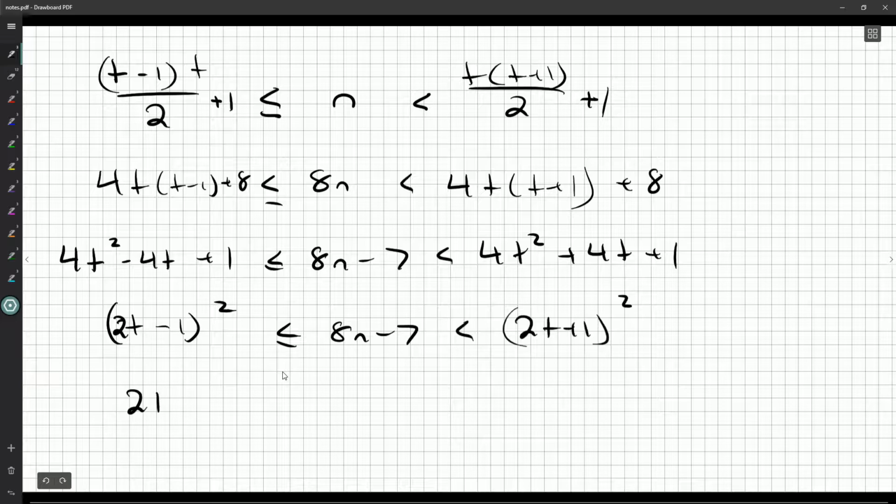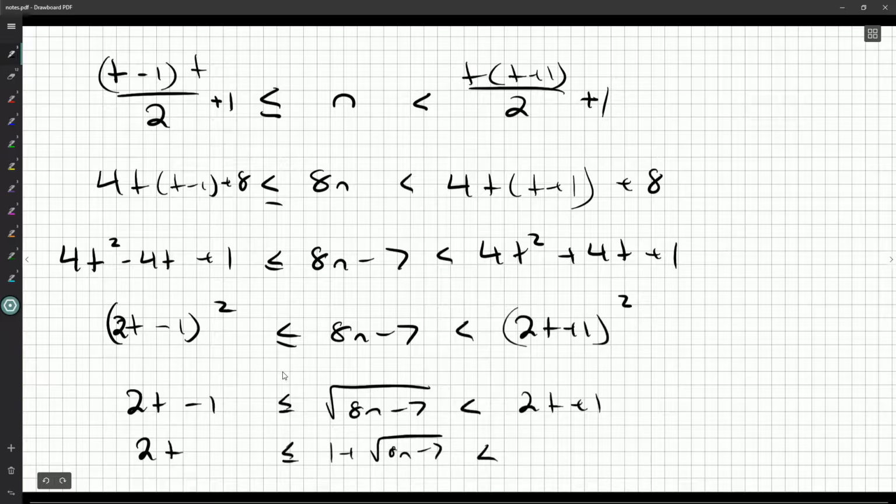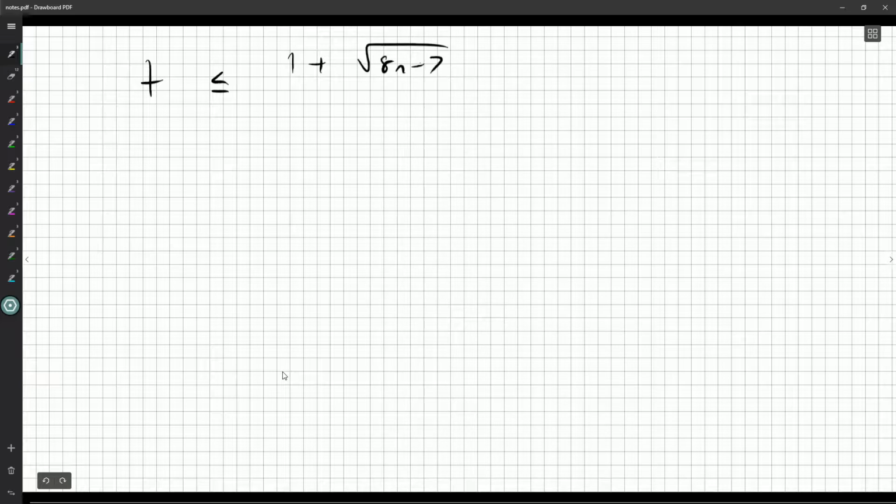So now if I square root, we'll take the positive square root. We get that. Add 1 to both sides. So we get 2t less than or equal to 1 plus square root of 8n minus 7, less than 2t plus 2. And divide by 2, we will get t less than or equal to 1 plus the square root of 8n minus 7 all over 2, less than t plus 1. And so when I floor it,